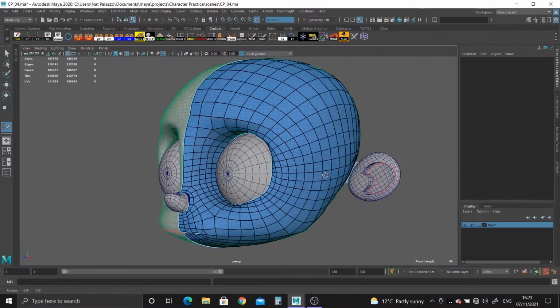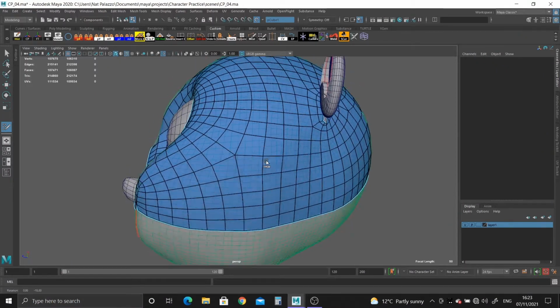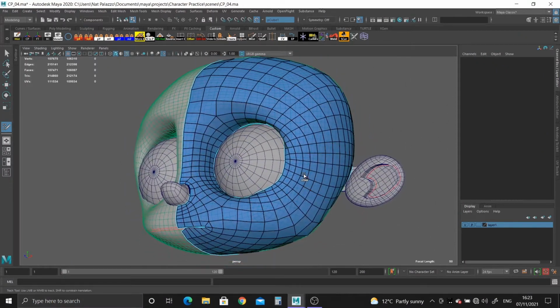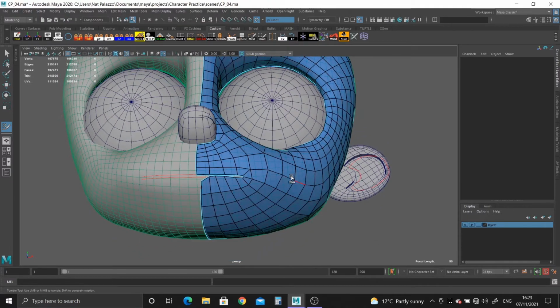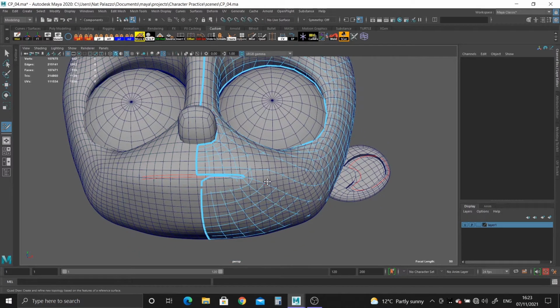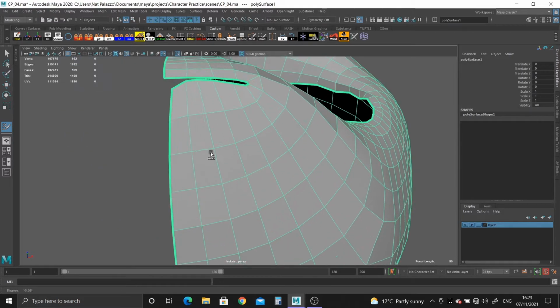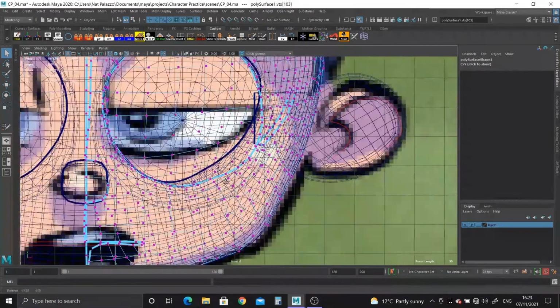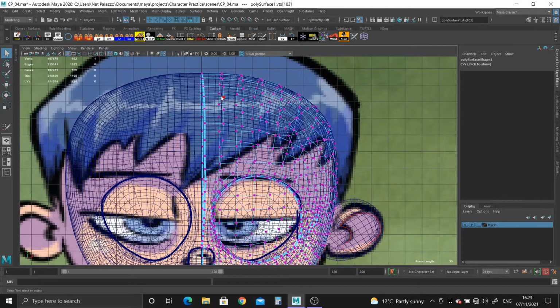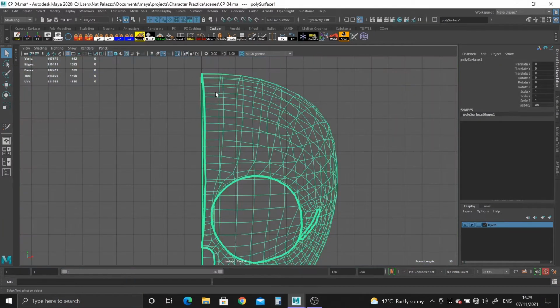Alright, so what I've done is I've finished retopologizing this head, as you can see, and so what we need to do is just a little bit of finishing off. Let's switch off the make live, grab this and isolate it. I want to make sure all these edges here sit along the center of the scene. So what we can do is just double click,